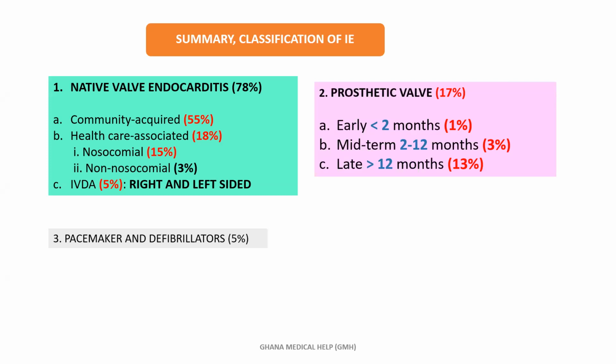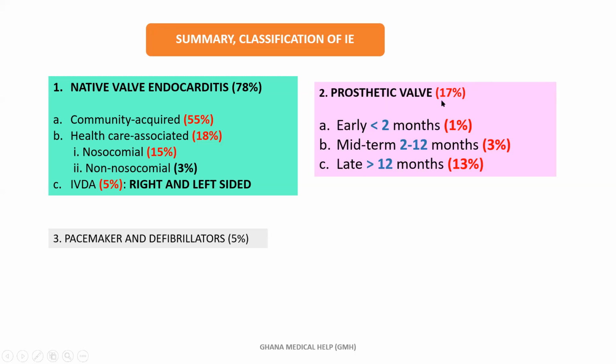So in summary, we have native valve endocarditis, which accounts for 78%, and we have the community acquired, the healthcare associated, and the intravenous, where we have the right and the left. Under the healthcare associated, we can have the nosocomial and the non-nosocomial one. We have the prosthetic valve